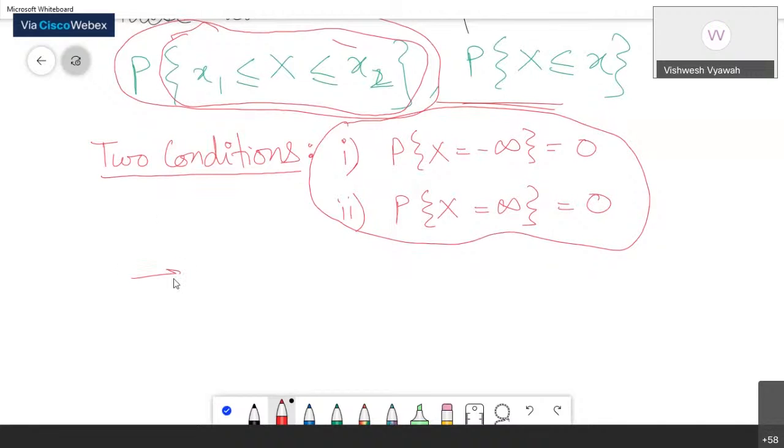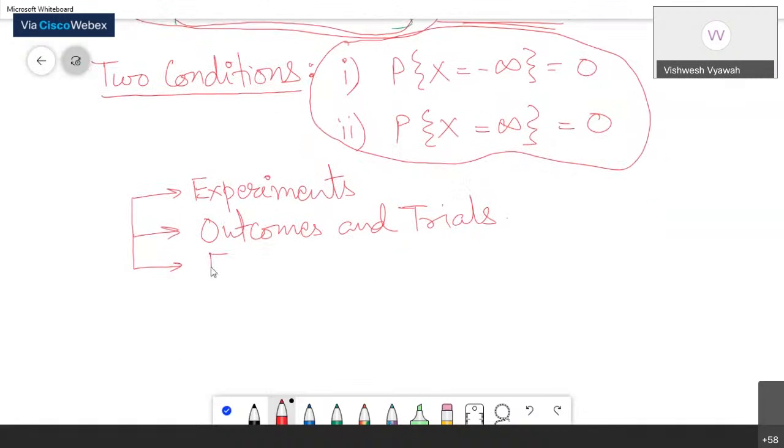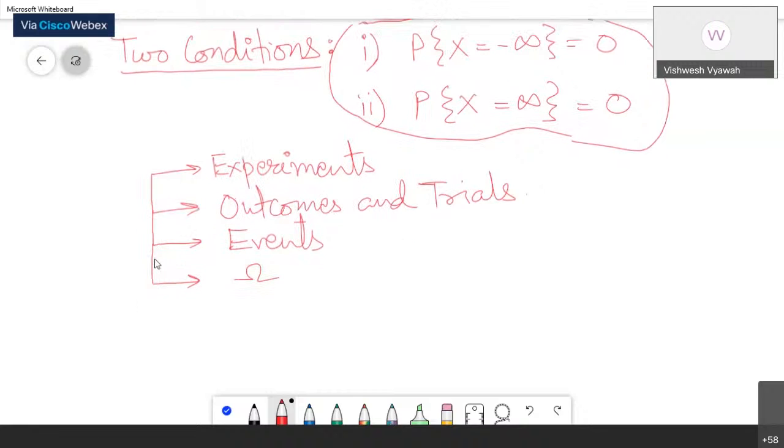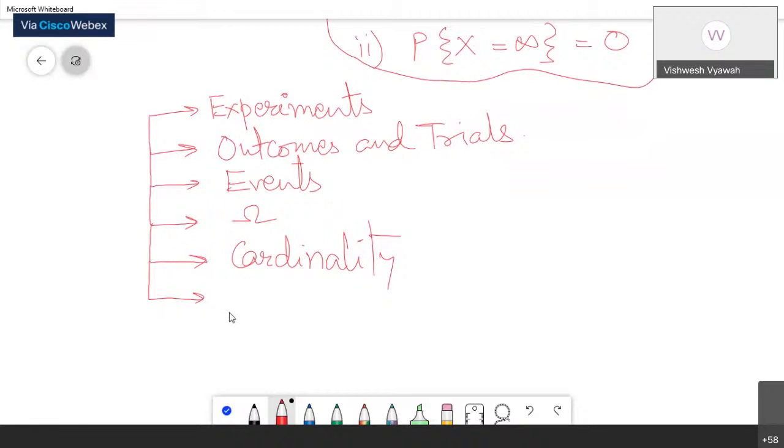We have understood experiments, then outcomes and trials, then events, then the set of all events, in the meantime we also understood cardinality, then we understood probability,